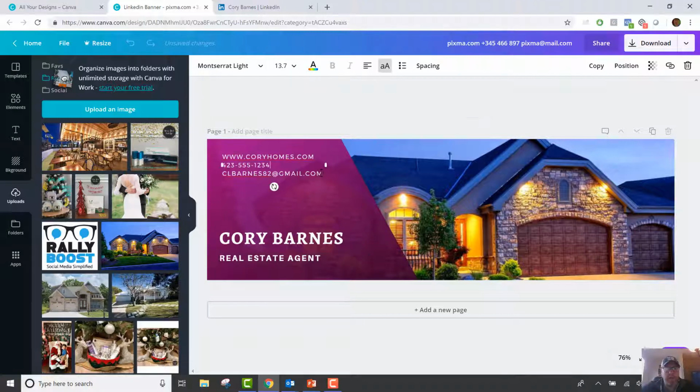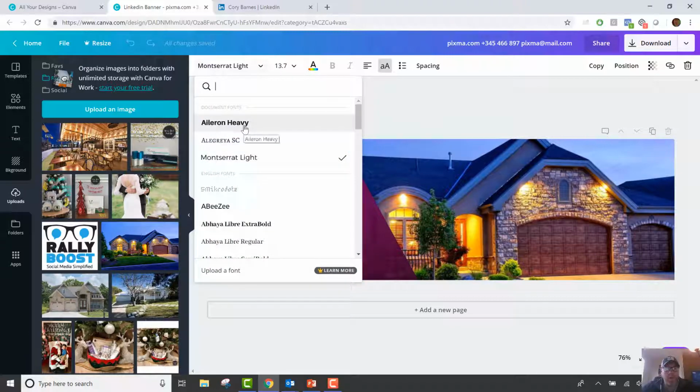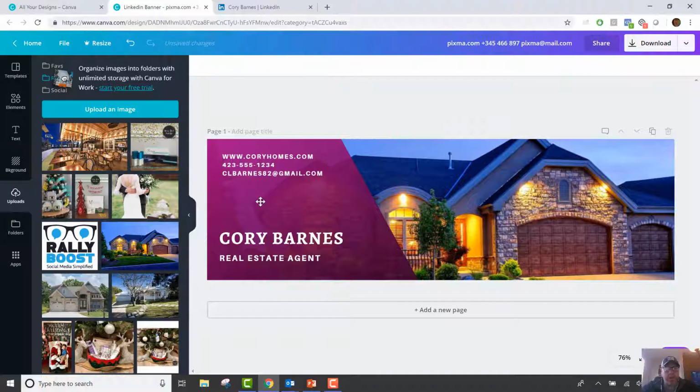Awesome. And for this contact information, maybe you want to make it bold because you want to make it pop, so when people see it, they can really see it. It's not letting us bold it, probably just because of the font. Let's try a different font. So that one may be a little bit better, easier to see. And then you can go in here and make it bold,